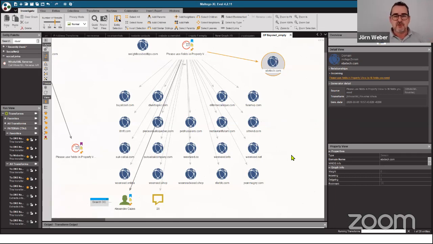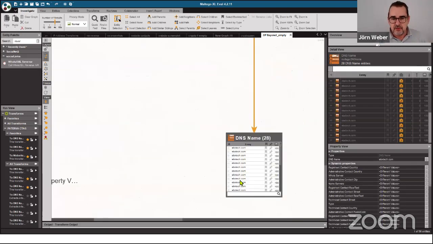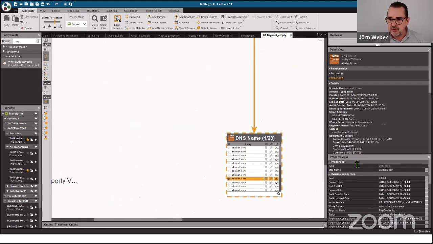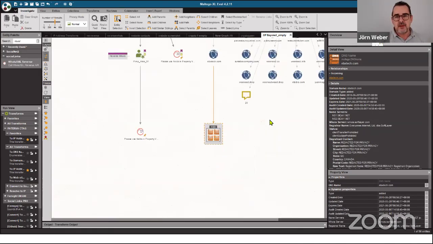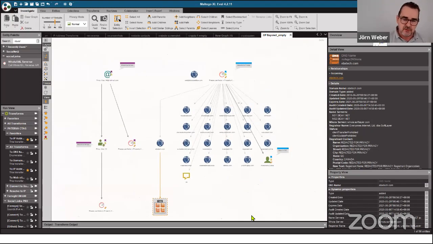And then you find tons of other information. And here, you can do the same in a collection and go through it one by one. And I think in the older data, you find an email address and other stuff. And from this case, there is a lot of different information always connected to the Whois data in that case.